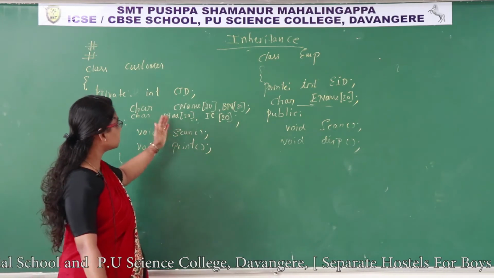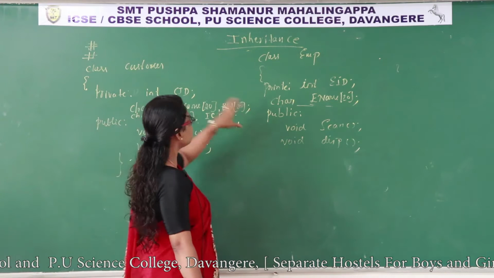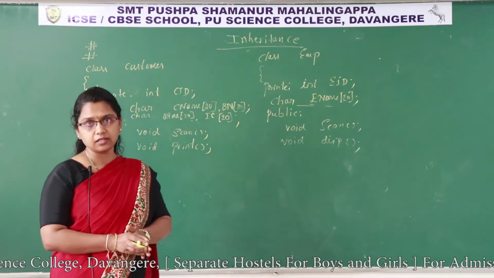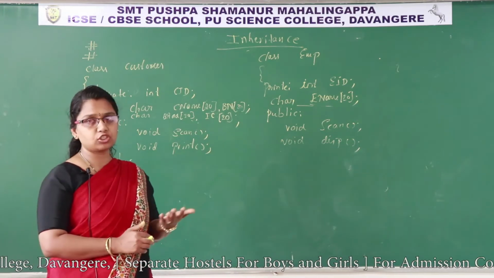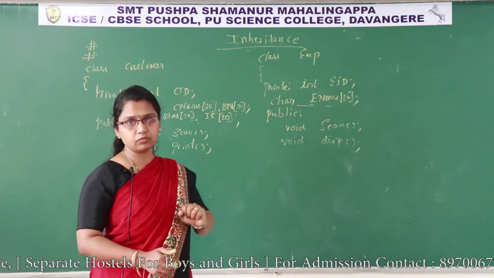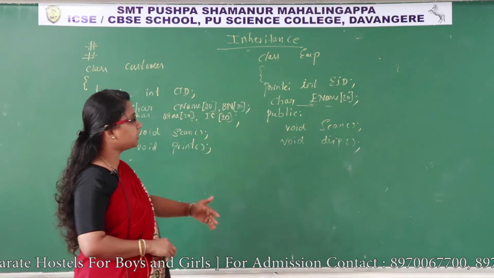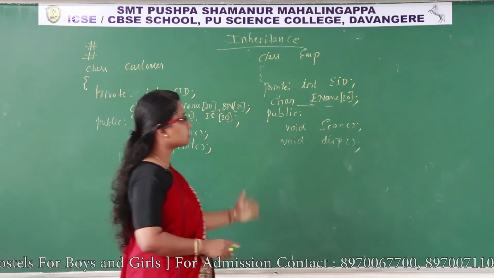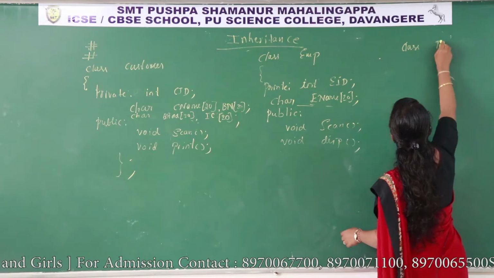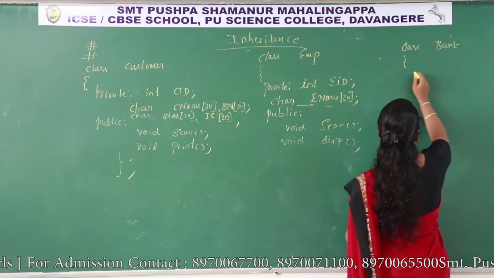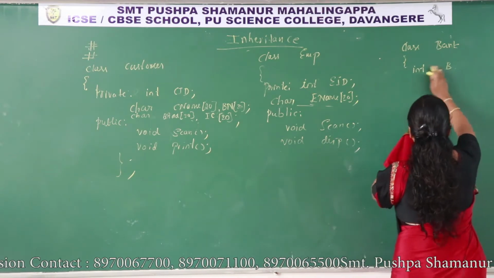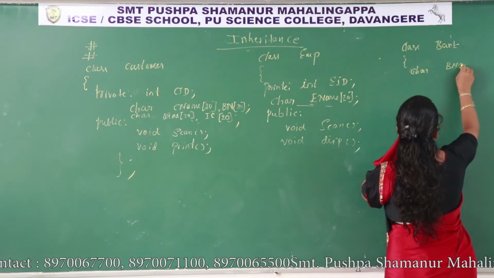Instead of writing two times in customer class and employee class that branch details, if you take a separate class for branch details, in that class let us take branch name, IFSC code, address. So all those things are kept under one class. Let us inherit the properties of that class to these two classes. Instead of writing these again and again, if I take class bank, int branch ID, char branch name,